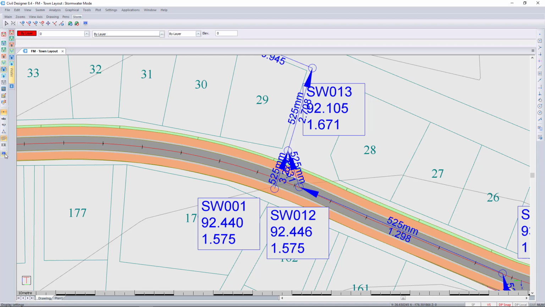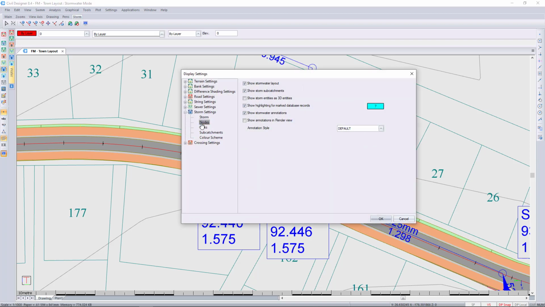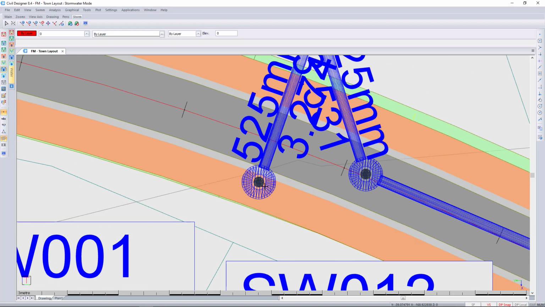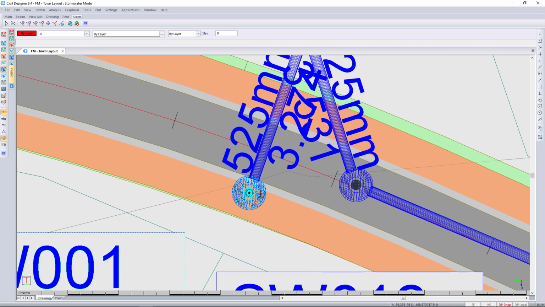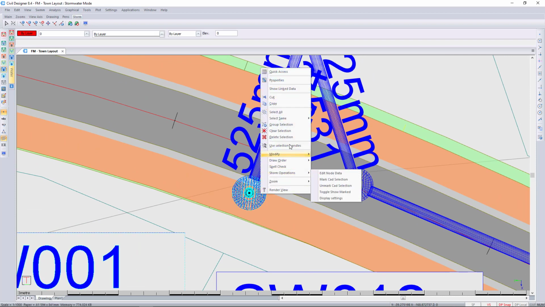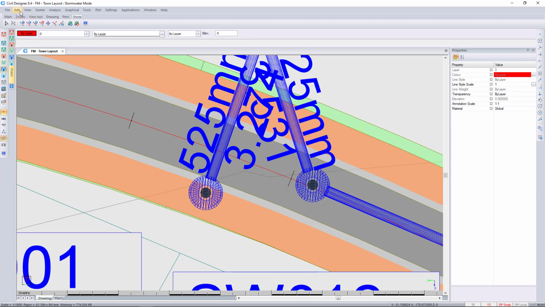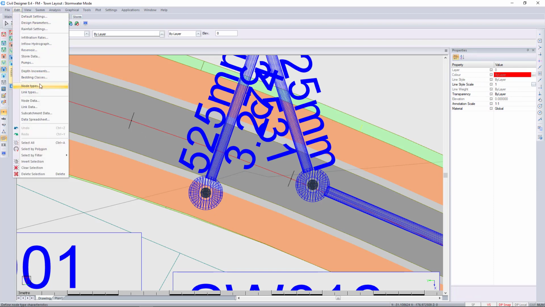And I'd like to also go back here to our 3D entities. You can see that this is a manhole. It needs to be a catch pit. So let's have a look at the properties, and we'll see that there isn't a catch pit here. So let's escape and go to edit